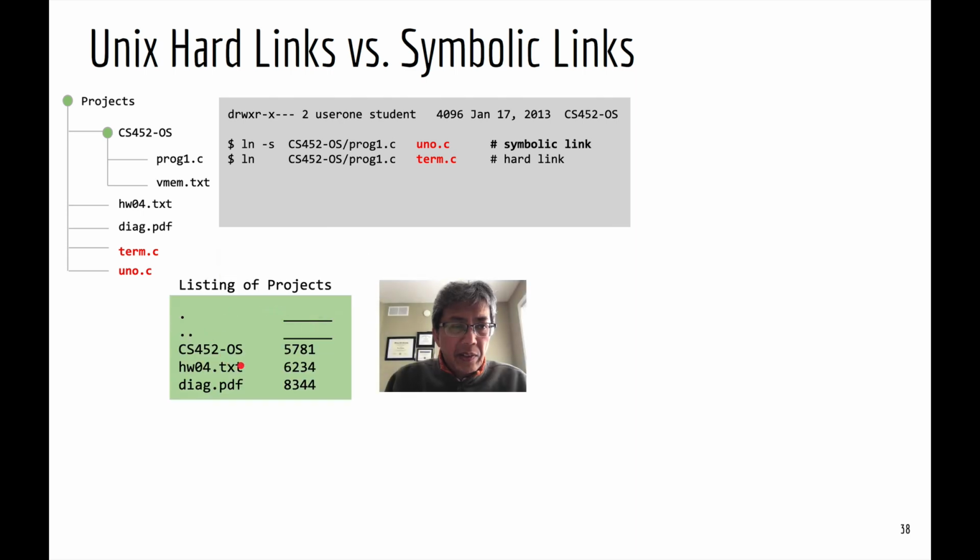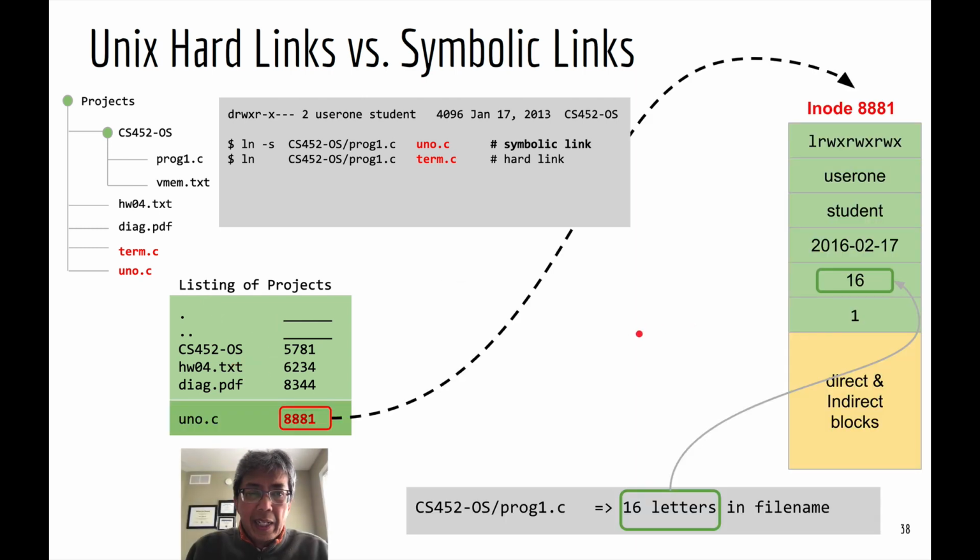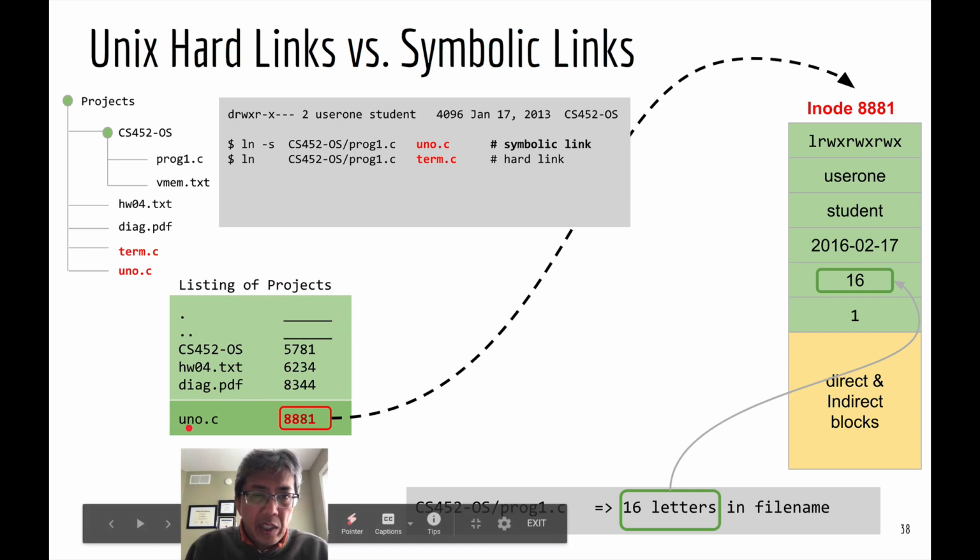Let's say the directory entries of the project's subdirectory is shown in green. When you create a symbolic link, the system will create a new inode, and just remember that a new inode means a new file. The inode 8881 is now associated with a new file, and the content of that file is just the path to the source file. So in your project subdirectory, a new entry, unode.c, will be created with this new inode number,